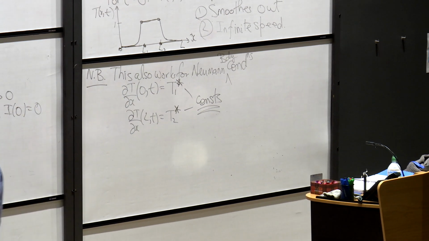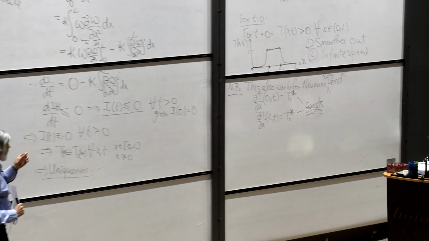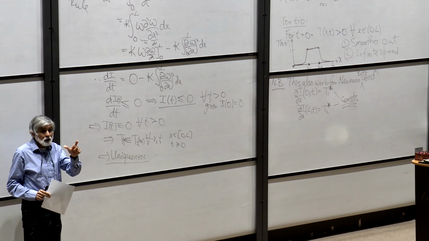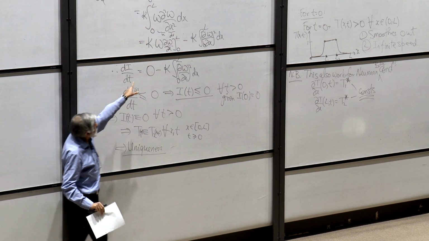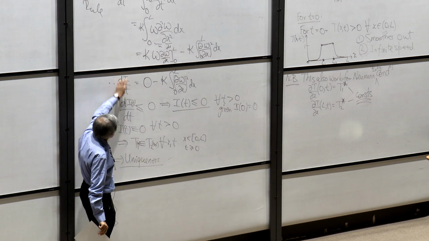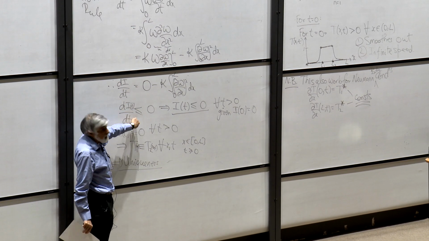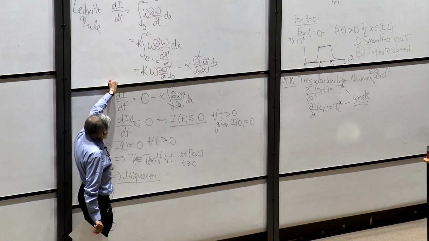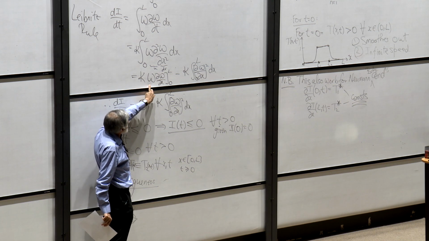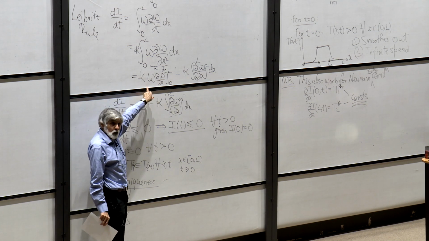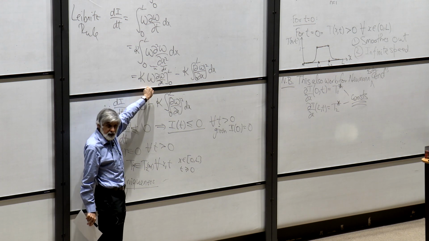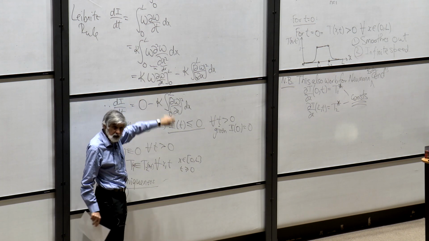You can see that as long as W or dW by dx are 0 on the boundary, that will be 0, and then we've got dI by dt less than or equal to 0. In fact, this would also work if this was negative on the boundary. So it doesn't have to be 0 on the boundary. It could be negative, and then it would still work.